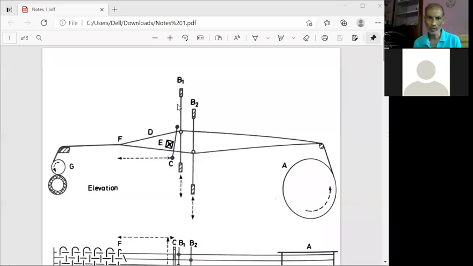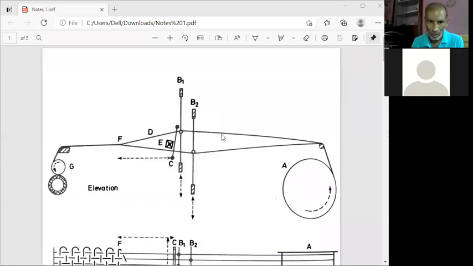So depending on the design requirement, or according to design or view, we decide the number of heald frames. Here, just to make this example very simple, we have taken only 2 heald frames, B1 and B2, but it may vary. We can go for any number of heald frames according to the shedding mechanism, or according to the heald frames we decide the shedding mechanism. And the number of heald frames depends on the view. View is the deciding factor for heald frames. Different views require different heald frames, and how we decide the number of heald frames according to view, we will learn in coming classes.